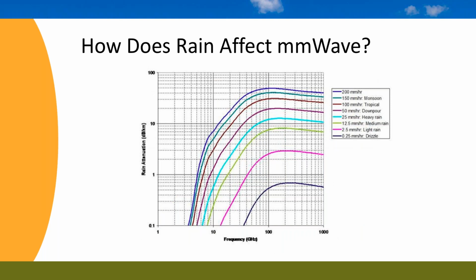It's kind of hard to see with the amount of lines in here, but this is basically a graph that shows you attenuation per frequency, in dB per kilometer, based on various rain rates. If you look on the right-hand side of the key at the bottom, you have that 0.25 millimeter per hour drizzle. We have light rain, medium rain,